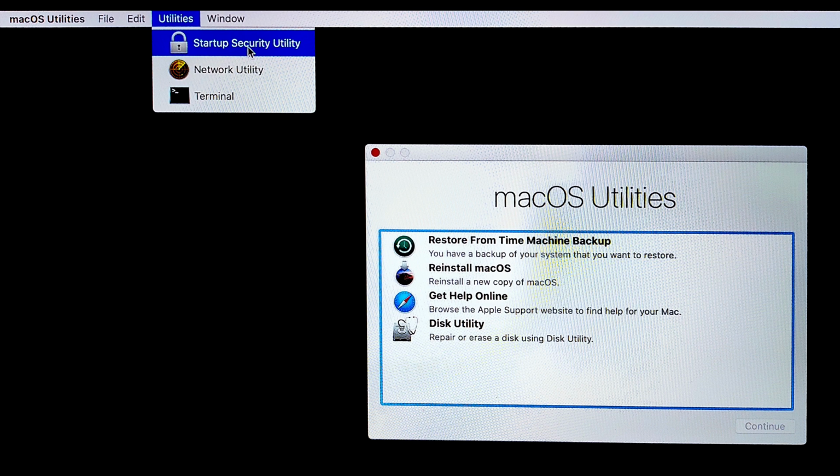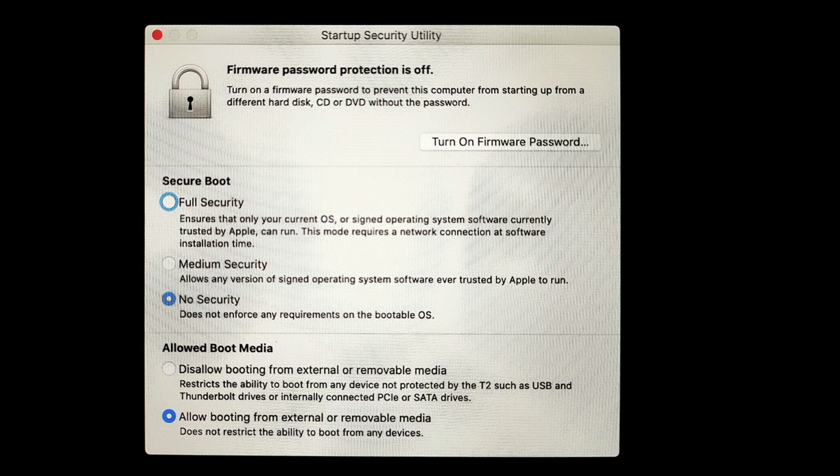It will ask you for some authentications like your Mac password, and you will get to this final startup security utility, from where you would select no security and allow booting from external or removable media. Without this, you will not be able to boot off the external USB on Macs that have the T2 chip.